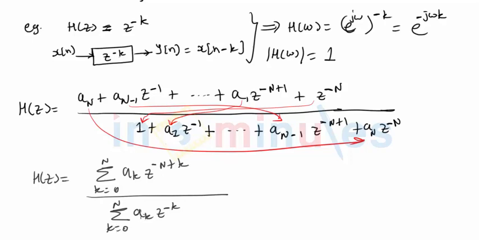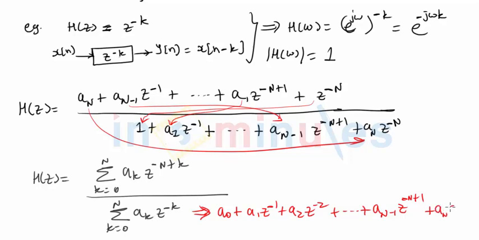If I put k equal to 0, I get a_0 into z raised to 0, which will be 1. So I get a_0. So if I expand the denominator, I get a_0 plus, if I put k equal to 1, a_1 z raised to minus 1. If I put k equal to 2, I get a_2 z raised to minus 2 plus dot dot dot. If I put k equal to N minus 1, I get a_(N-1) z raised to minus N plus 1. And if I put k equal to N, which is the last value, I get a_N z raised to minus